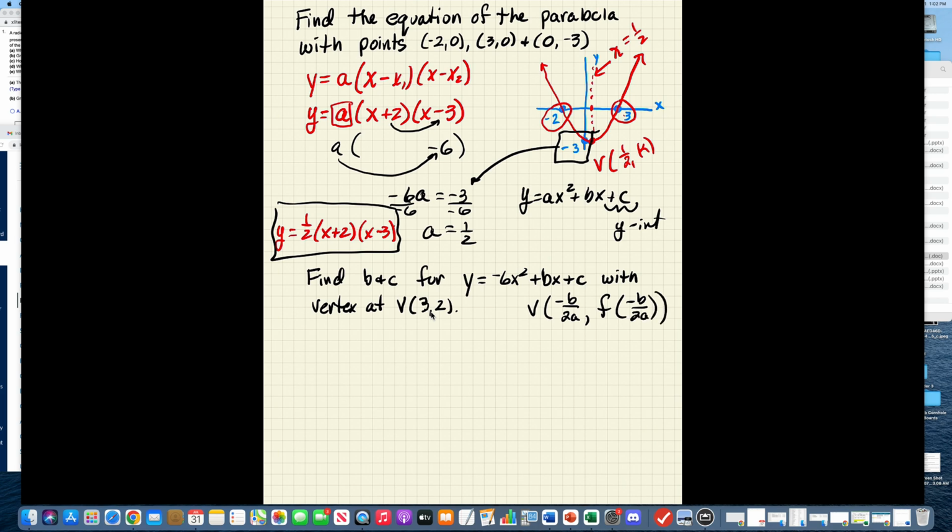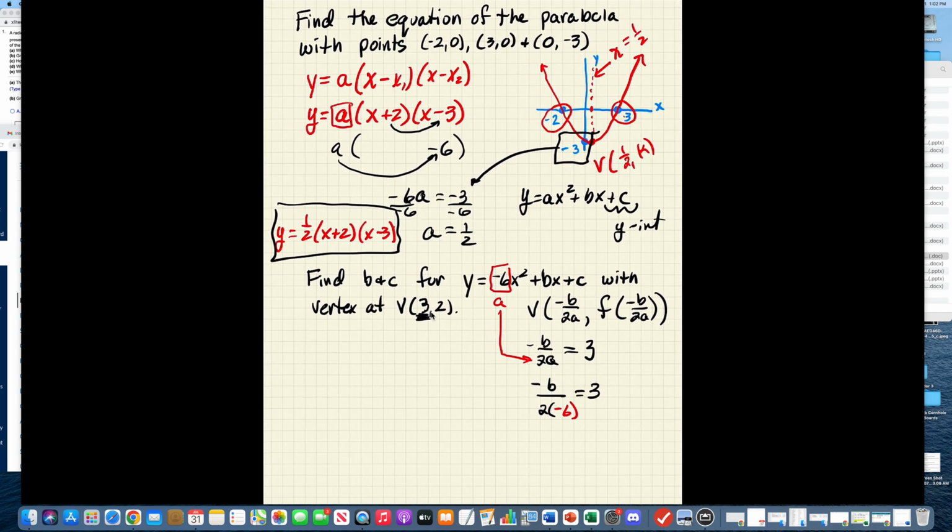So right now we're going to say -b over 2a is equal to that x coordinate of 3. Well, at the same time, we know what our a value is. We'll substitute it in. So -b over 2 times -6, I'll put that in red so you can see that's where that value is going for a,